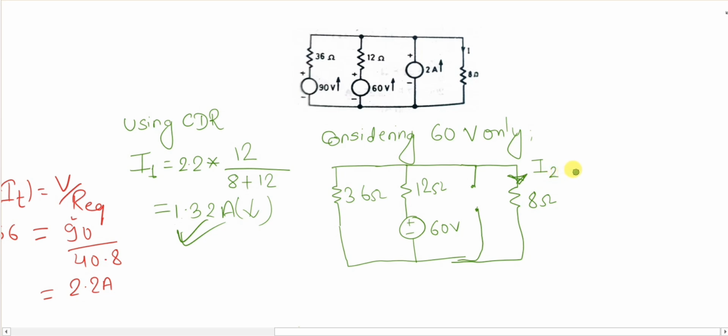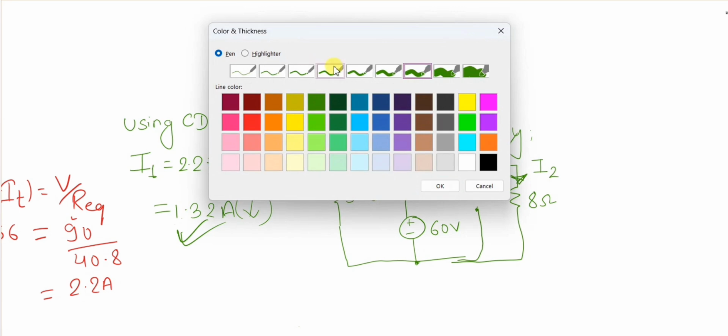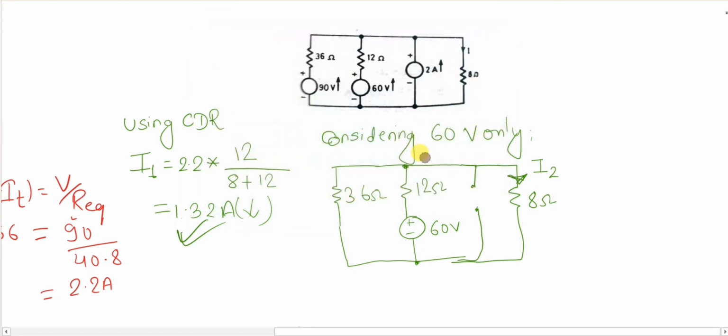Okay, now again initiate the same process. You can use any of the methods you like. For now let's use nodal analysis. Okay, so that if you practice all of them by different methods, you will get to learn the rest of the methods along with the superposition. That's why we will solve it using superposition, not nodal analysis. For nodal analysis, what you will do, you will first put the direction and identify the